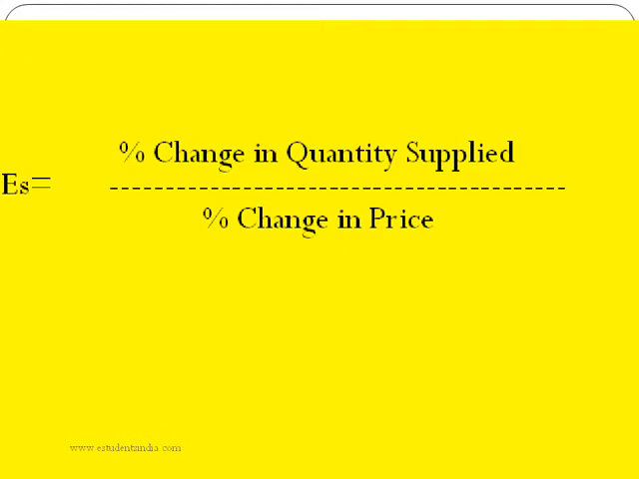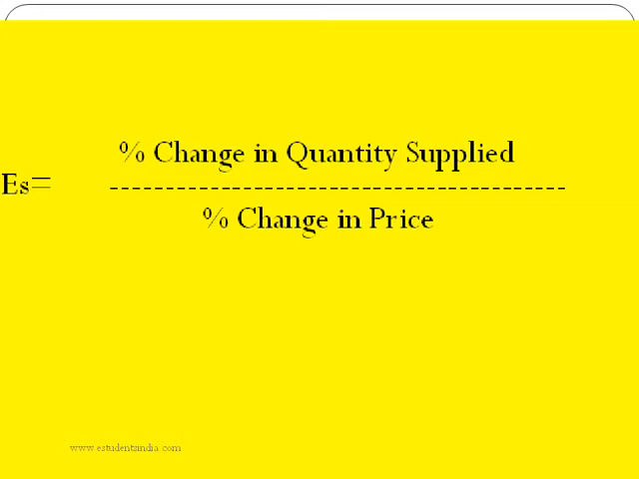that is equal to delta Q by delta P into P by Q. Now, here the change in quantity is 3500 minus 2500. So change in quantity is 1000. And change in price is 2500 minus 2000. So change in price is 500. Then delta Q divided by delta P is 1000 divided by 500 into